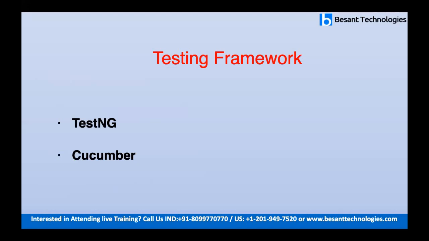We are using two types of frameworks in Selenium when it is done with Java. One is TestNG and another one is Cucumber. TestNG is a testing framework inspired by unit test, and it covers all categories of testing. Unit testing means if you want to test a small part, then unit testing will do that. You can also perform integration testing, where you combine two modules and test them as a whole. These are the categories of testing covered by TestNG, and reports are automatically generated. TestNG will help you reduce complexity.